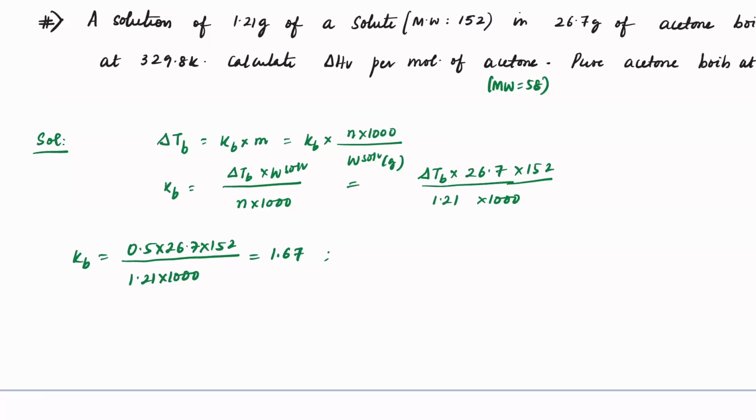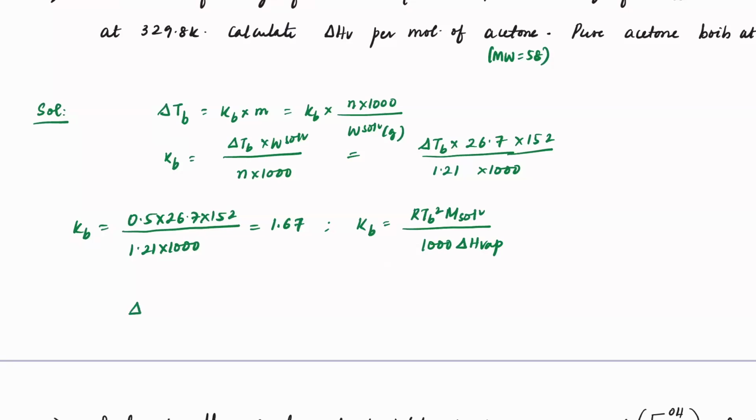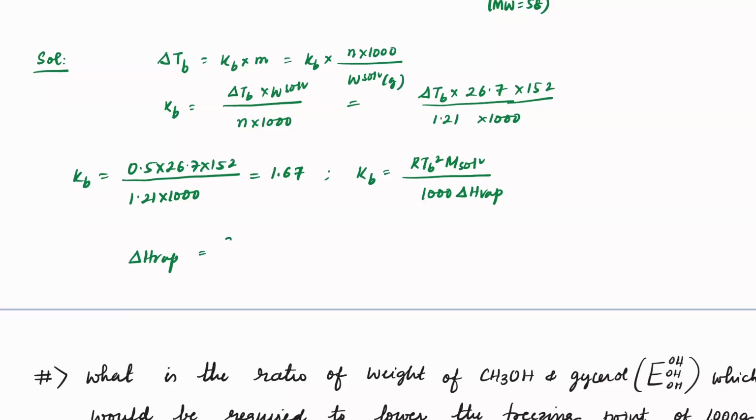Yeah. So now Kb value will be equal to R Tb square into molar mass of the solvent, that divided by 1000 times delta H of vaporization, correct? So from here, I can write delta H of vaporization is equal to R. Now it depends upon what you are taking. I am first writing it in kilojoules. For kilojoules, the value of R I'm taking is approximately 2. Maybe if I take 1.98, that's where I'll get to the closest answer of what you got. So that into